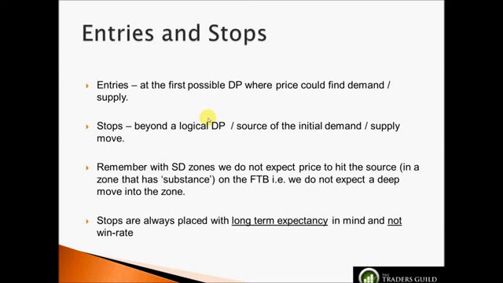We place stops beyond logical decision points and not necessarily far below the edge of the zone in terms of the source of the initial supply demand. And stops are always placed with long-term expectancy in mind and not win rate. A typical mistake a novice trader will make is they will look at swing lows and swing highs in terms of where to place stops, compared to looking at the supply demand that caused the initial breakout and looking at that to hold on the retrace. They just look at wide-ish swing lows, swing highs or SRs and place stops 30, 40, 50 pips on a dollar major pair,